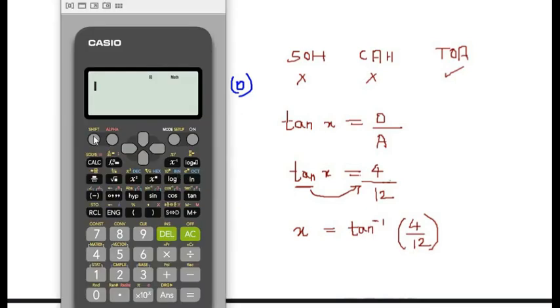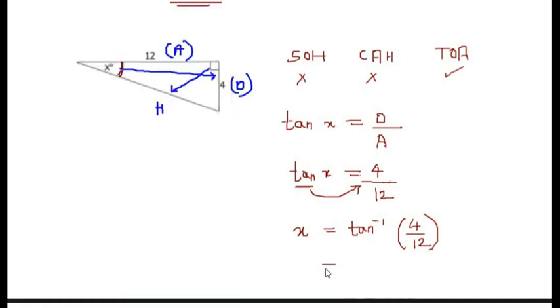So here, shift tan. So we get tan inverse 4 divided by 12. So we get it as 18.43. So the angle x is here